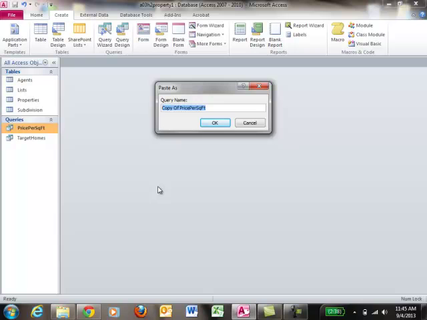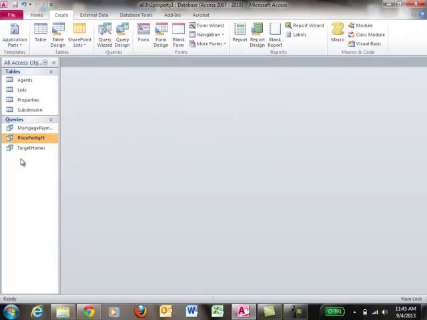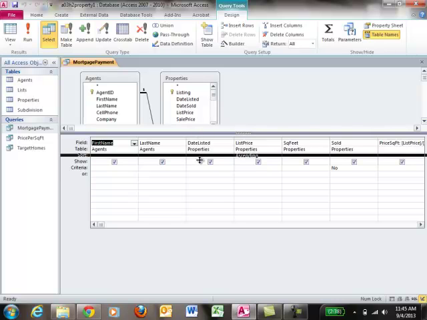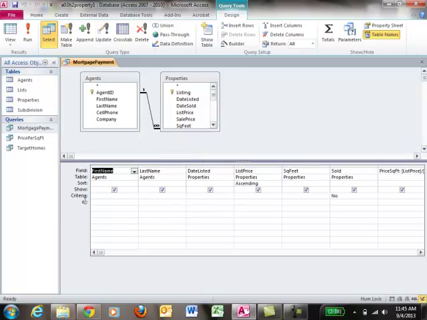And this one's just going to be mortgage payment. Click on OK. You have a new query now. And I'm just going to right-click that, go into Design View. And now I'm ready to start changing this to what I want for the mortgage payment. I'm just going to continue over here. I want a new calculated field, so I'll scroll over till I get a new